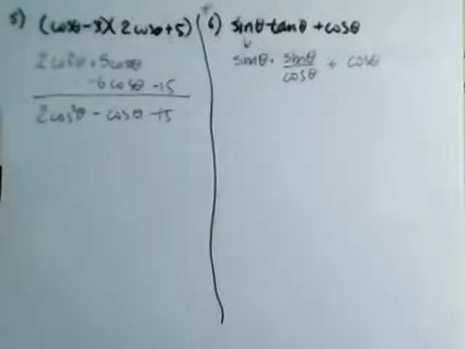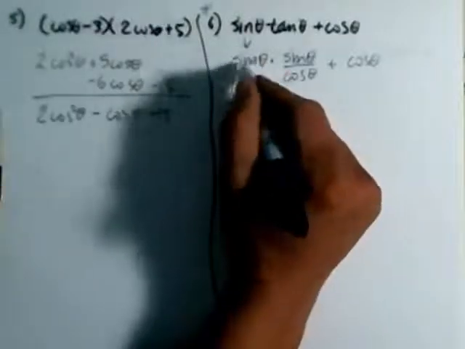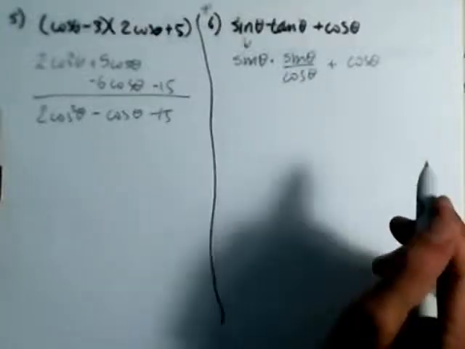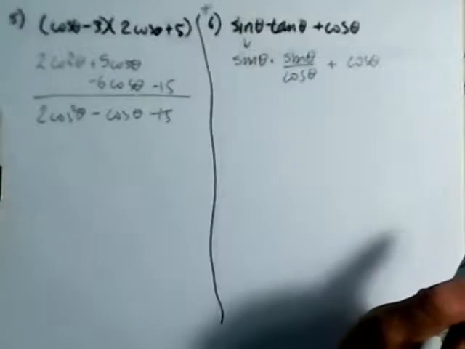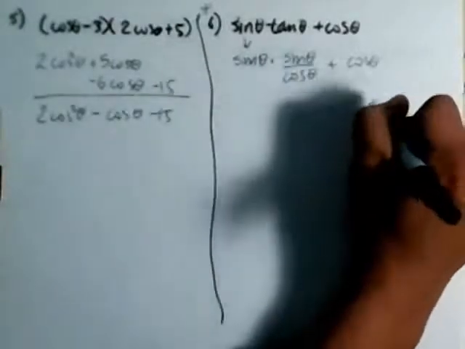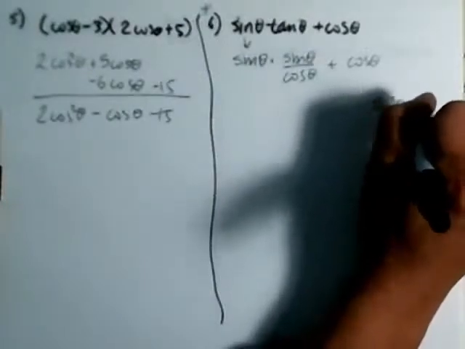And then let me just make sure in terms of cosine only. We know that. Wait a second, let's do this again. There's several ways we can do this. But I'm going to do it this way. You want it in terms of cosine theta only. Well, what do we know? Sine squared of theta plus cosine